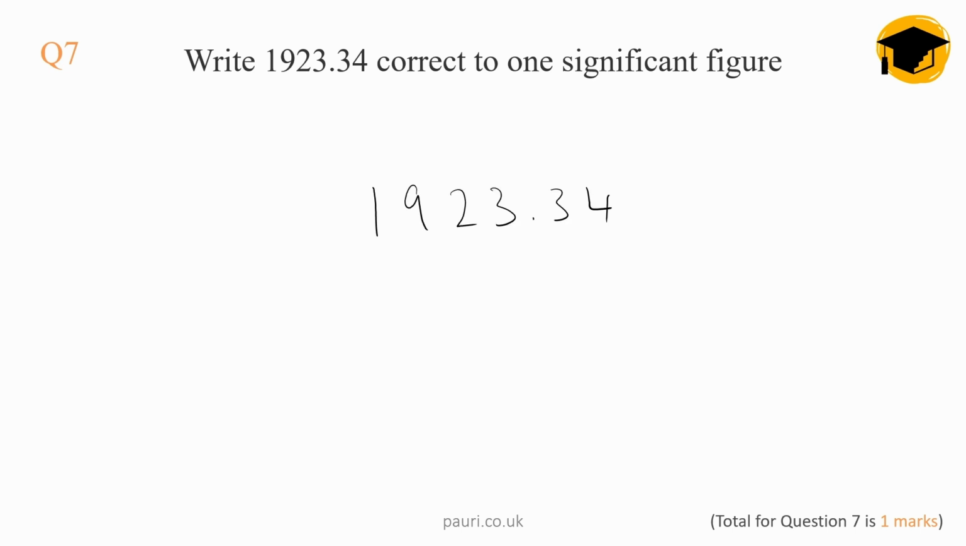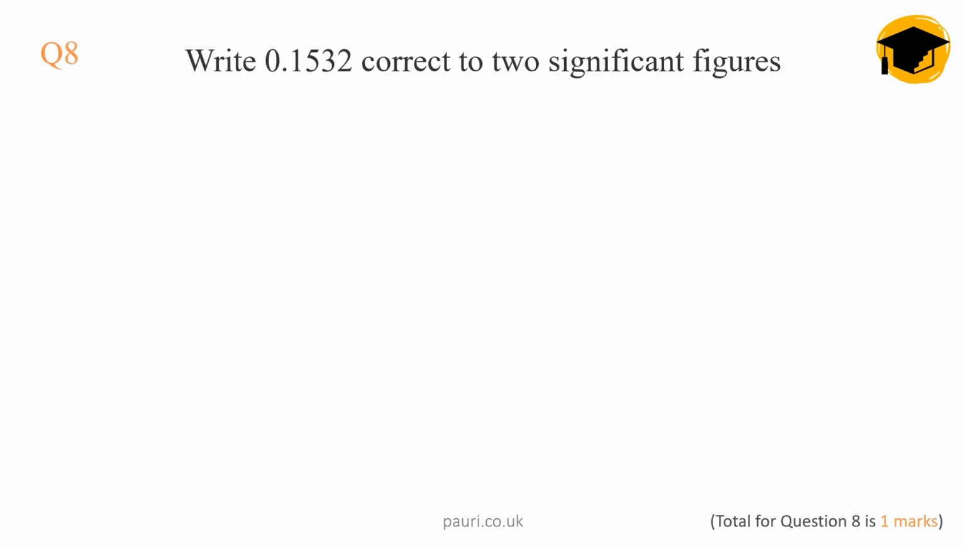1923.34, correct to one significant figure. This is my first significant figure. The next is my second significant figure. Is the second significant figure 5 or above? Yes, it is. So round up. That goes up to 2000. Next,